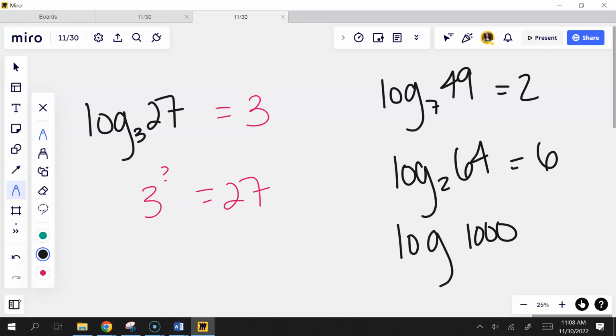Solomon, that one's for you. 2 to the what power gives you 64? 6. So now this one is